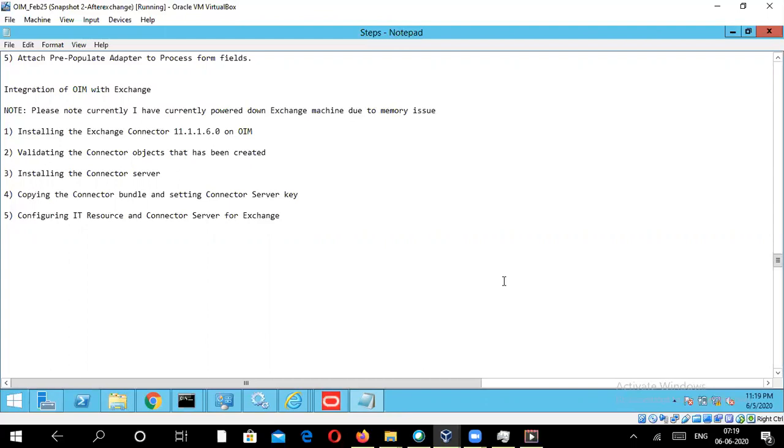If you remember, the third and fourth modules are exactly the same as what we did when we configured the Active Directory connector. So I'm not going through the steps once again, due to the interest of time. But if I have time in the end, I can quickly walk you through the same steps, when we talk about the Exchange installation and so on.